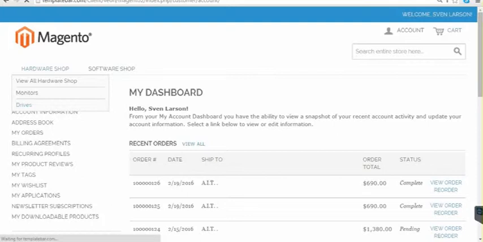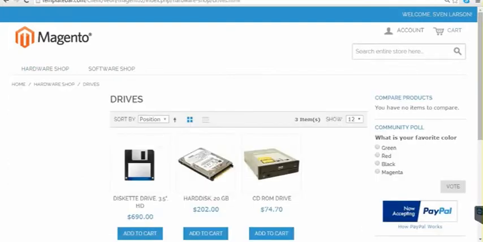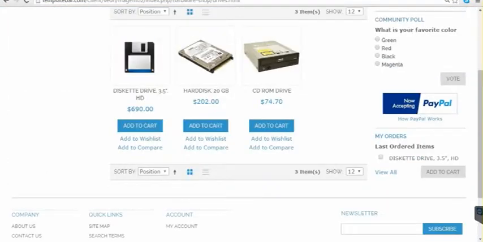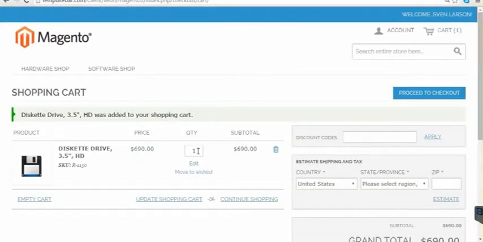Let's go ahead and order something. Let's say we order diskette drives. Let us order 6 items. Click on update.